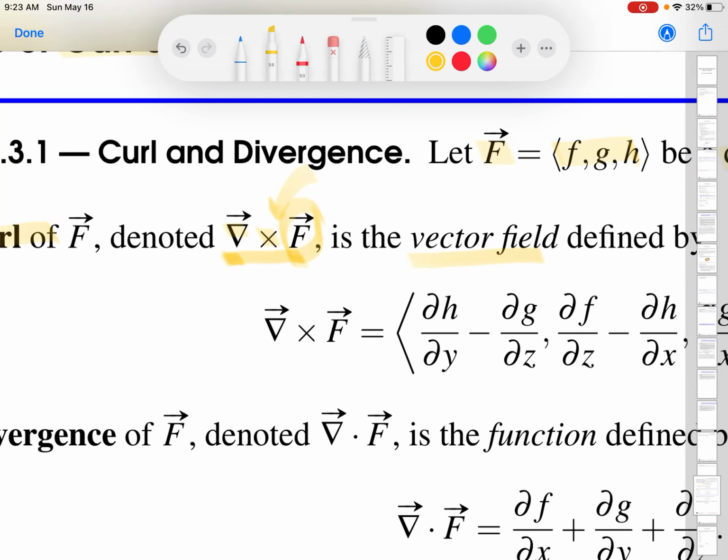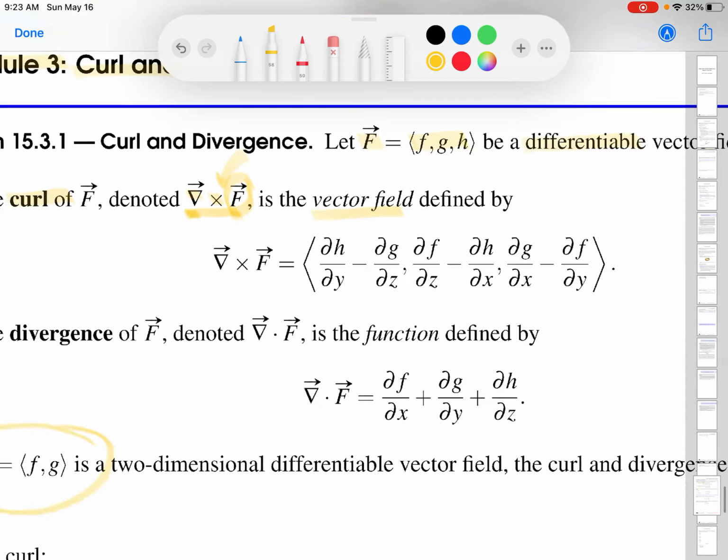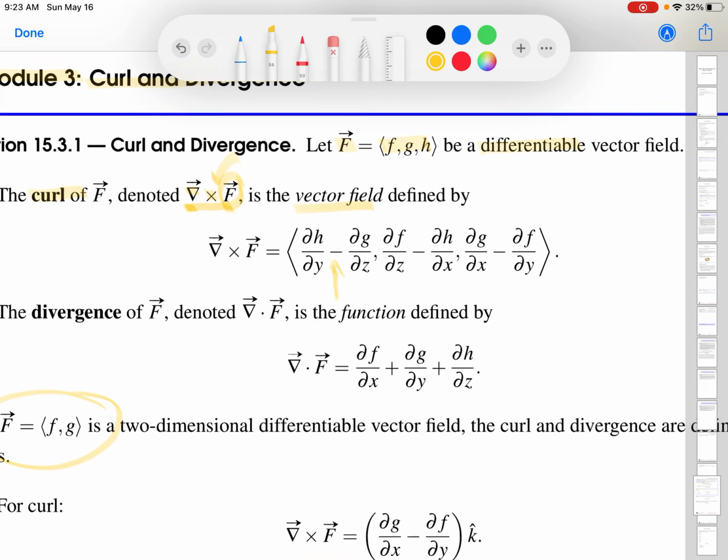And then also think back to what the cross product's components are. They're somewhat complicated differences of products of each of the components of the two vectors. A similar thing is happening here. So we have differences of, but in this case, not products, combinations of the first components. The components of the del operator are derivatives. And the components of the second term here, which is the vector field, are the functions f, g, h. So I'm trying very hard to convince you that the curl in a way is nothing special